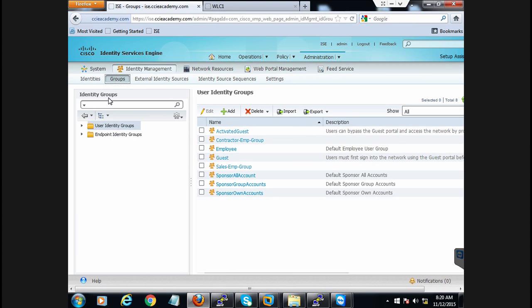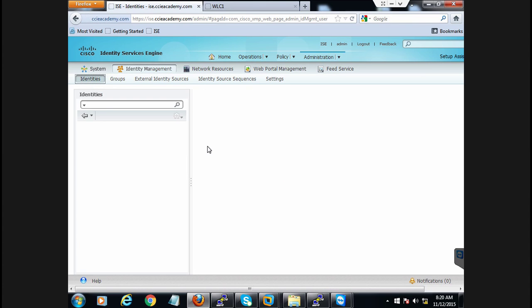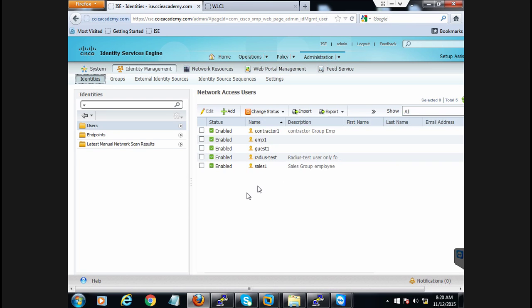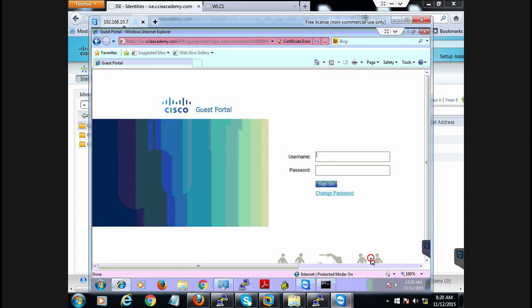So what I'm going to do is identities, guest one. We'll use this login on the client machine. So here is your client. The client says GUEST guest one, CISE 0123, and you sign in. Once you sign in,